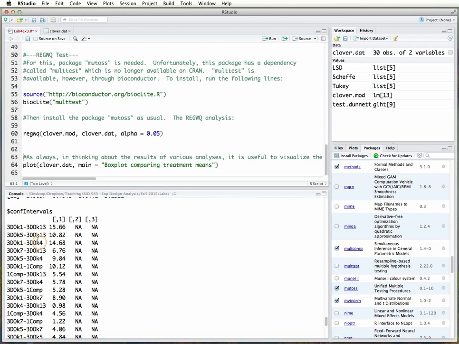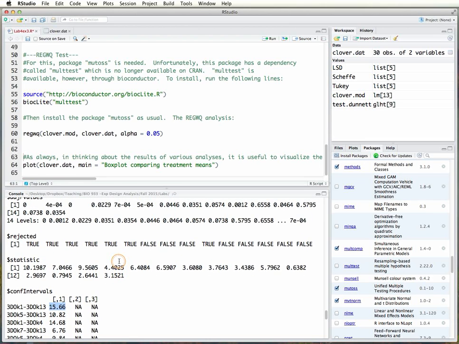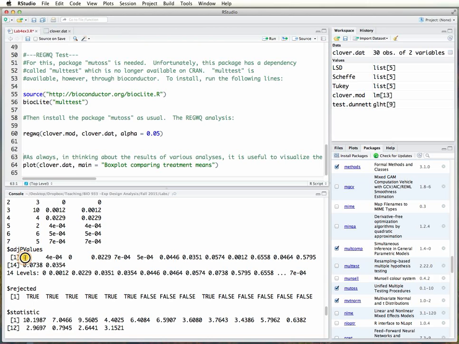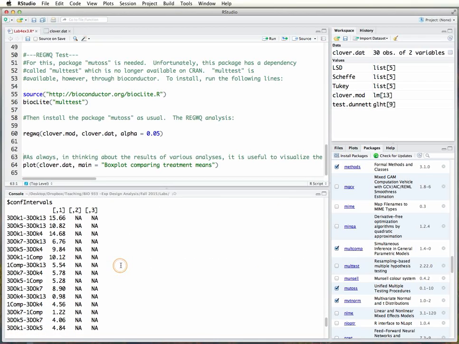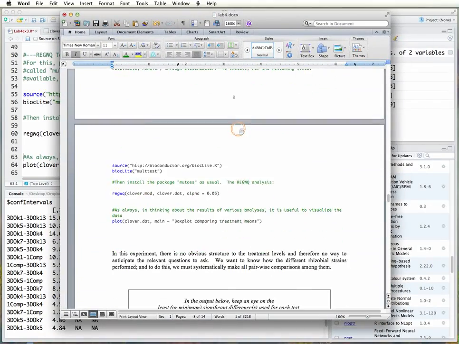What that means is that this first comparison of 1 versus 13, the null hypothesis was rejected, and so 1 and 13 are significantly different from one another, with a very high critical value, 15.66, and a very, very low p-value. And you would see this here, that p-value is close to 0. So you have to sort of parse through this output, pair by pair by pair, and decide which are different and which are not. In the end, if you do all of that work, and that's what I have here in the handout,